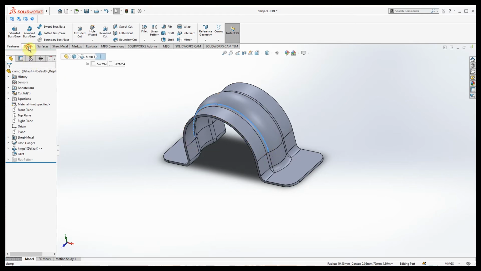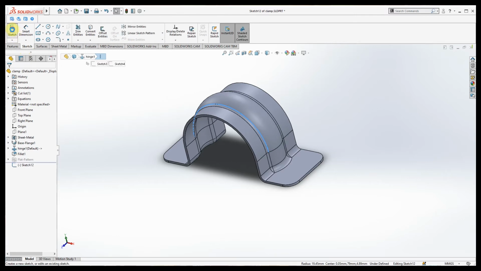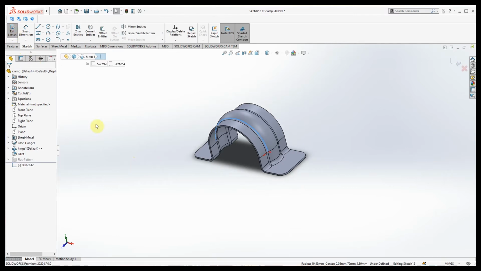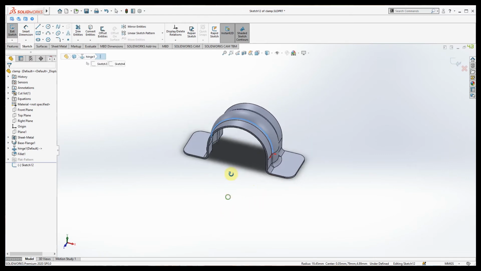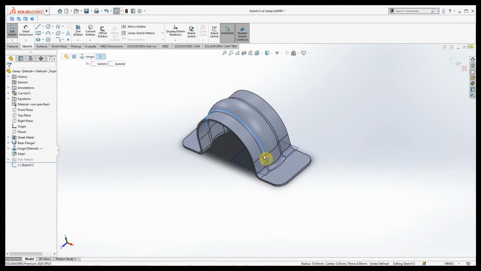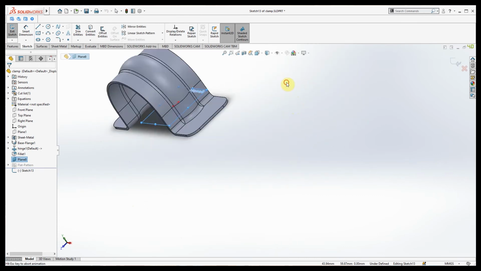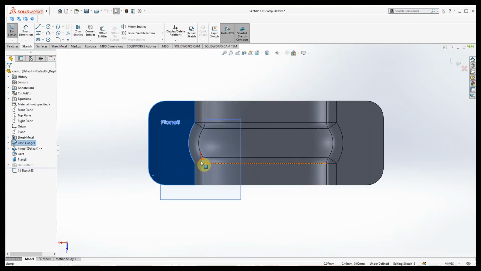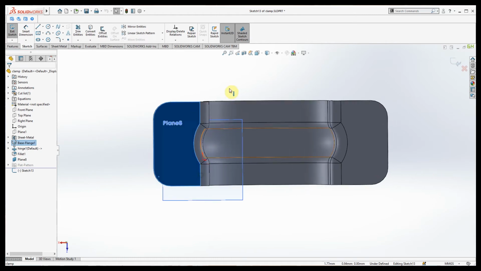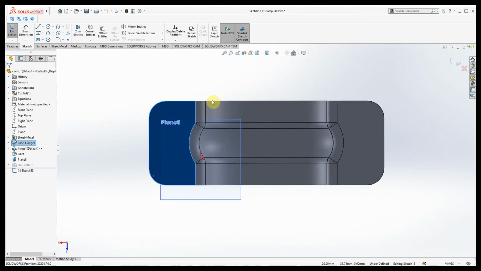Now go to sketch and just press the sketch. Can you guys see now what we got here? Just exit the sketch and we will see what we got here. Can you see guys? On this point the plane is created. Now we can go and create our sketch. Go to normal view. I think we need to rotate this one.